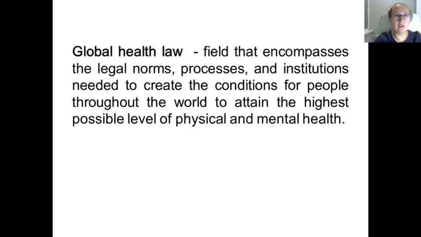His or her rights, obligations or possibilities, the health of this person, and other basic rights are the main principles which are created